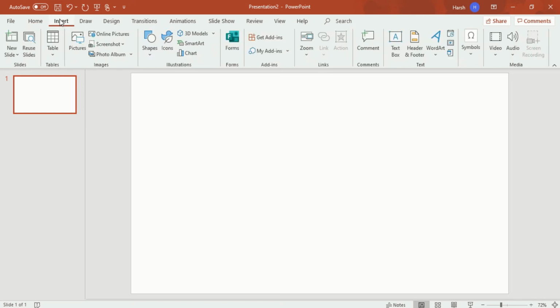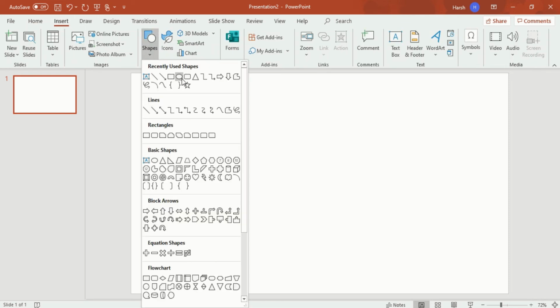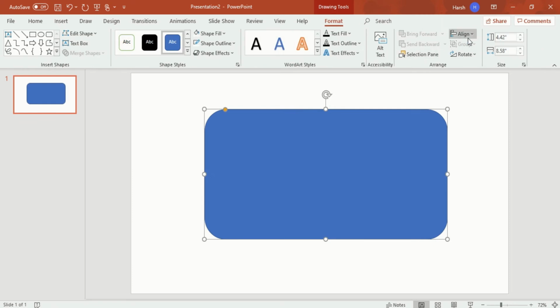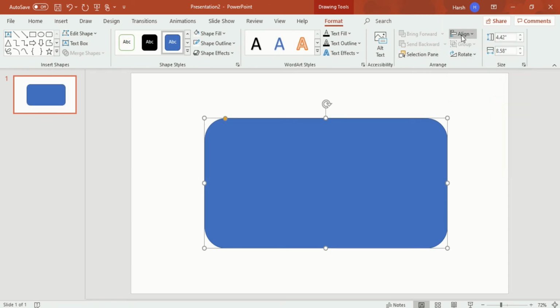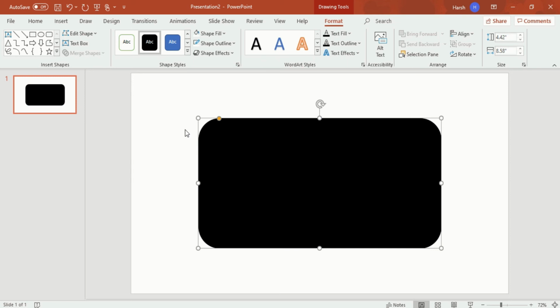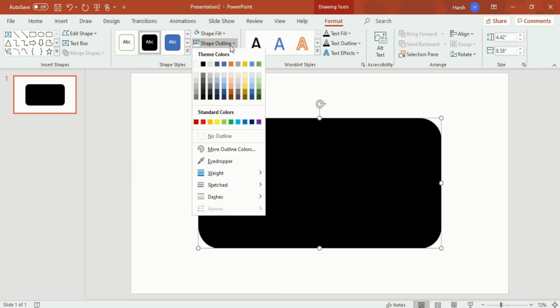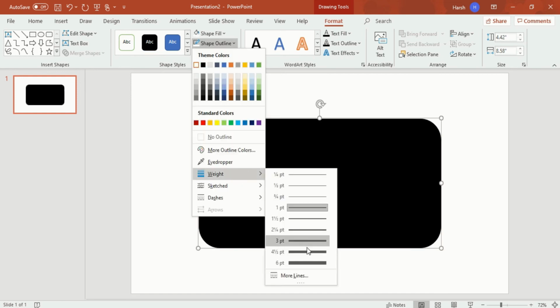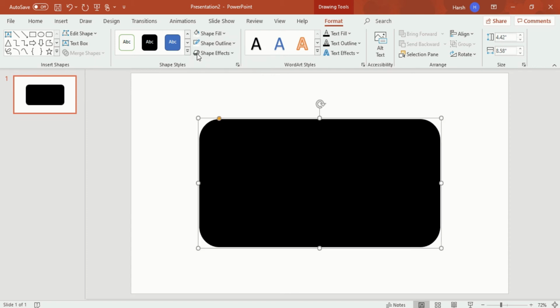After that, click on the Insert option. In Insert, choose a shape. I need a rounded rectangle. Again, you want to align this in the middle and in the center. So now it is in the middle of my page. Now I will give it a black background. After that, I will give the shape outline. I will give the outline a white color, and make it weighted a little bit. Now you see, you won't be able to see the white color, but again I will shape the outline.